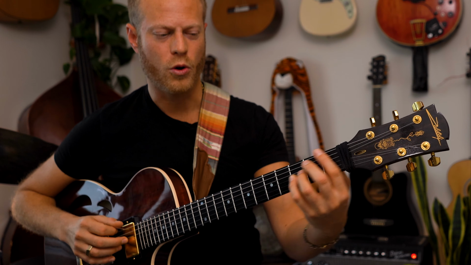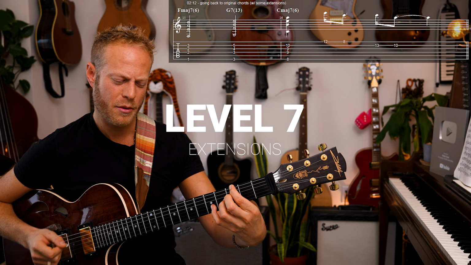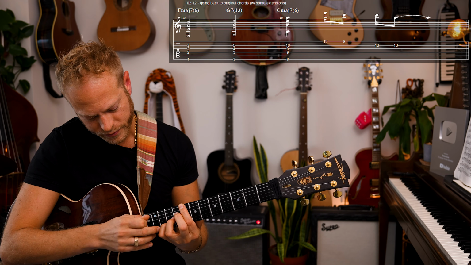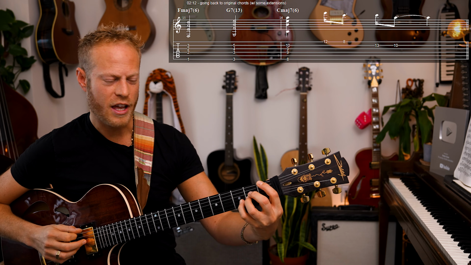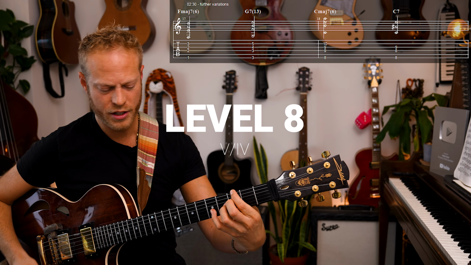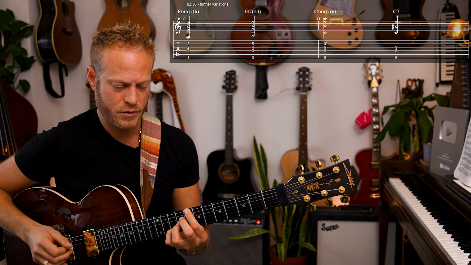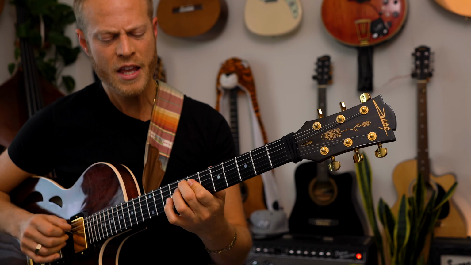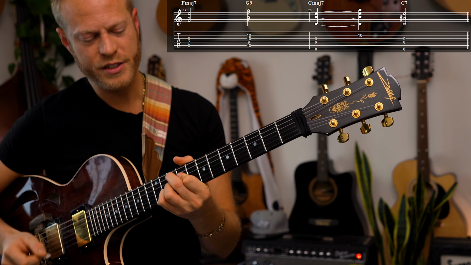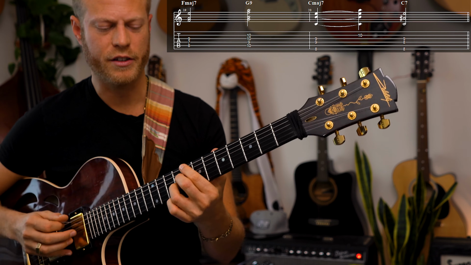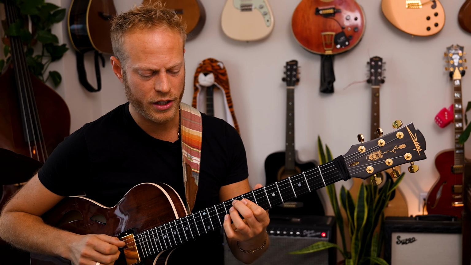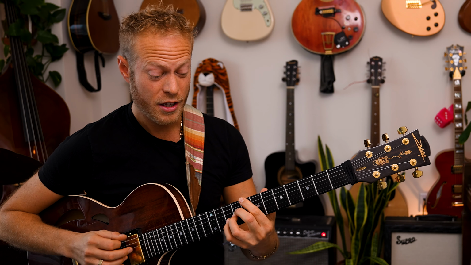Let's go back to our chords. Original ones, maybe with extensions. F major 7-6, G7 13, C major 7-6, C7, F major 7, G7, C major 7, C7. Now this is important because what I'm doing here, I'm going to 4, 5 with a 9, C major, okay,